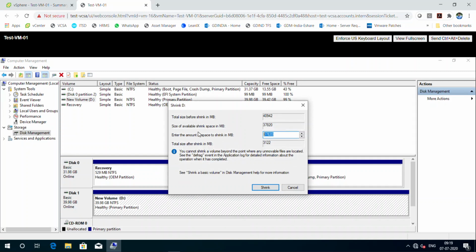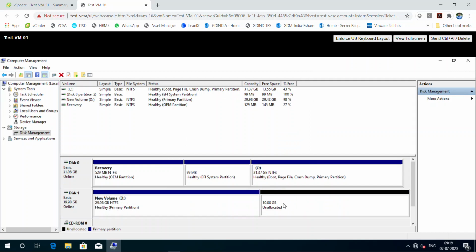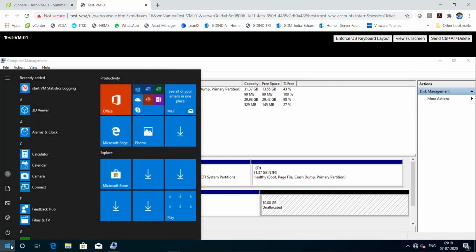We will shrink it by 10 GB, so we need to put the value in bytes. Okay, now you can see we have 10 GB unallocated space here. Once the shrink is done, shut down the VM.